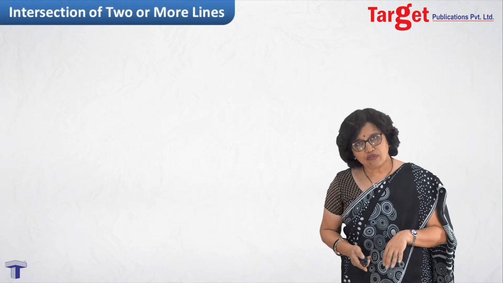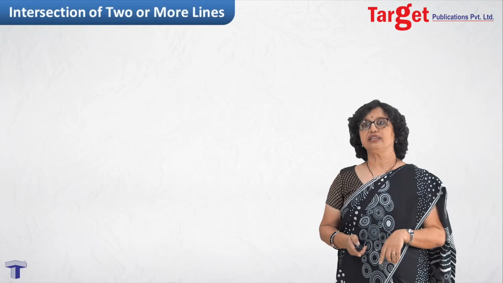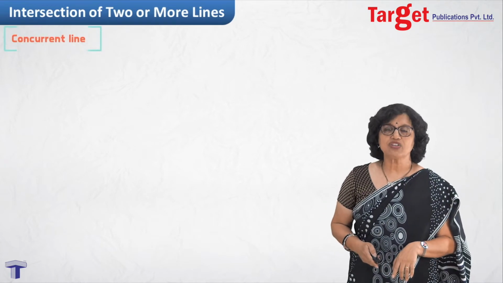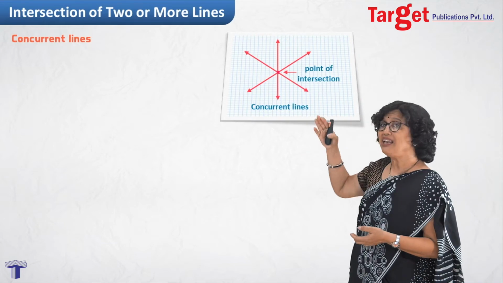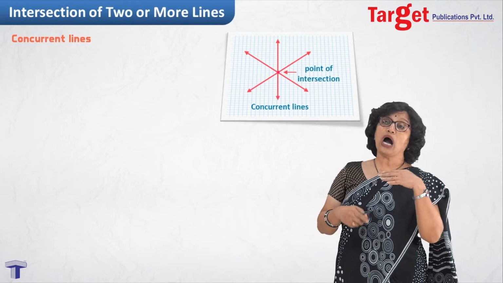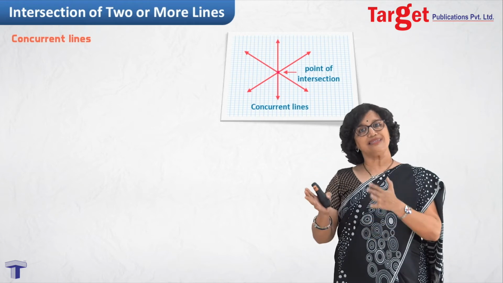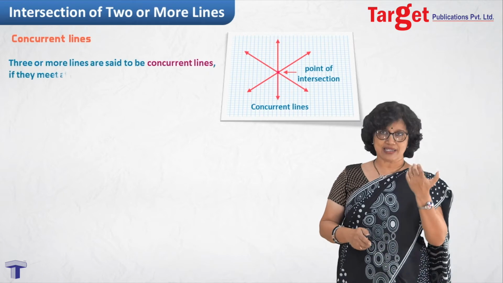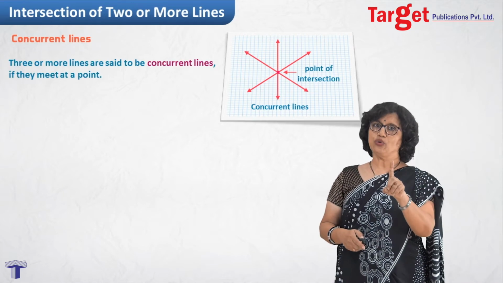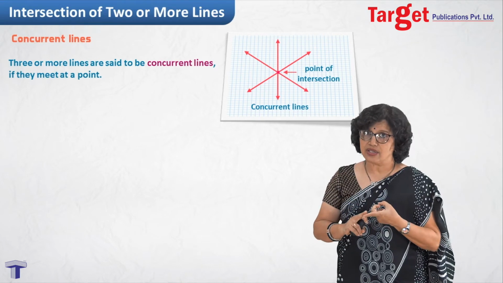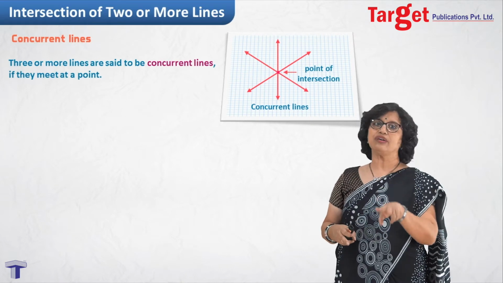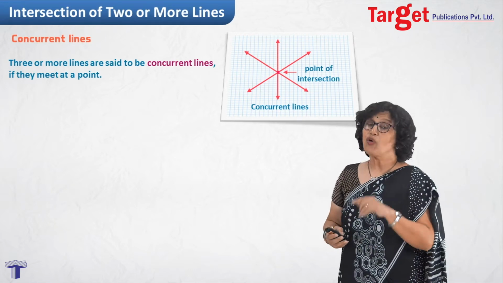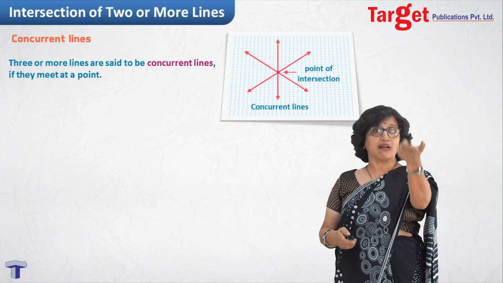And one more thing we will be taking in this session is the intersection of two or more lines. Then what would be the picture? The picture would be of concurrent lines, meaning many lines passing through the same point. Now, how do we say whether a given set of lines is a set of concurrent lines or not? How do we decide that? First, you need to understand that the point of intersection of two lines must satisfy the equations of those two lines. And since it is a case of concurrent lines, the point of intersection will have to satisfy the third line also.